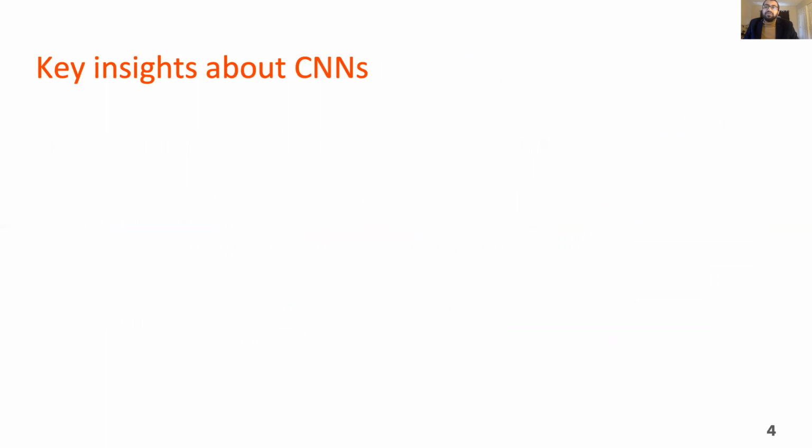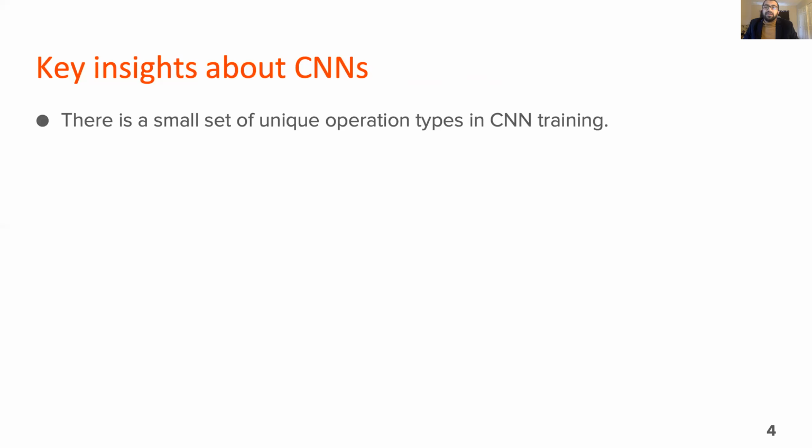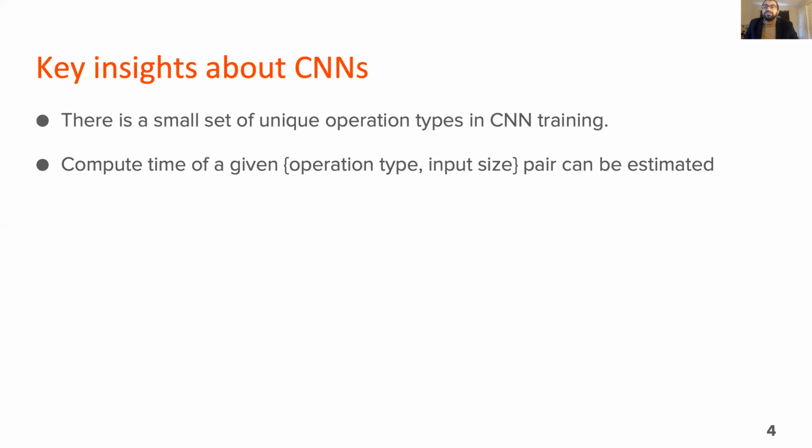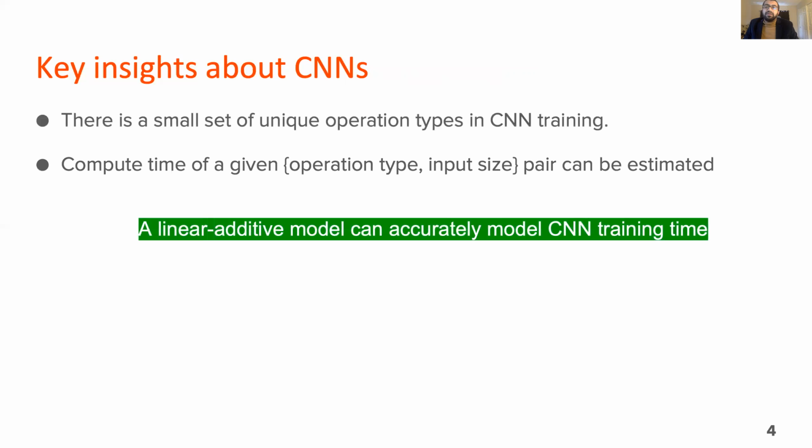Based on our experiments, we found some key insights about CNN training. For all the CNNs we tested, training always consisted of a small set of unique operations. Compute times of a given operation type, input size pair, can be estimated. GPUs typically execute one operation at a time. Therefore, a linear additive model using estimated compute times for different operations can result in accurate prediction of total training